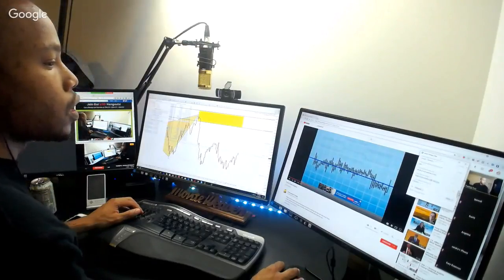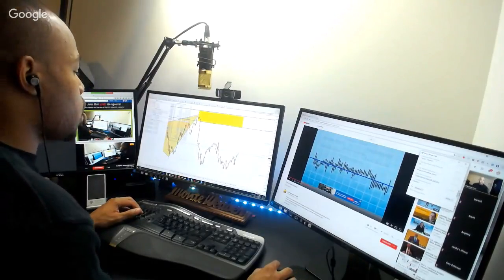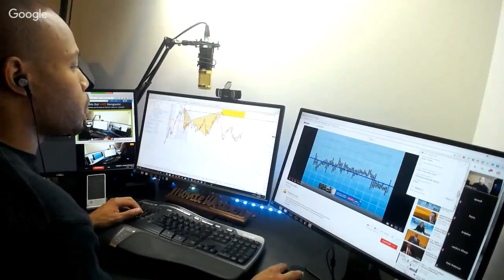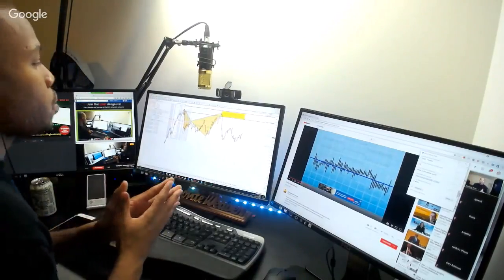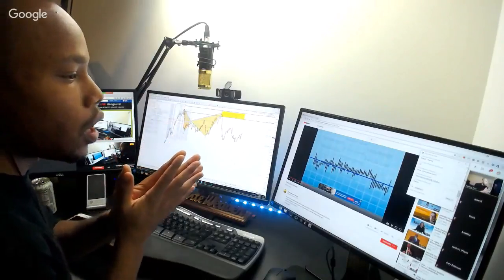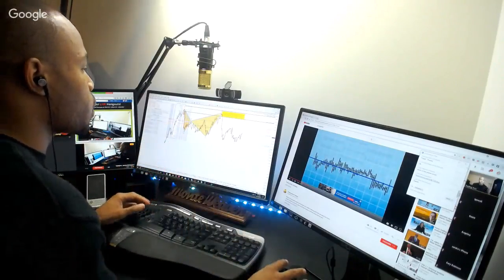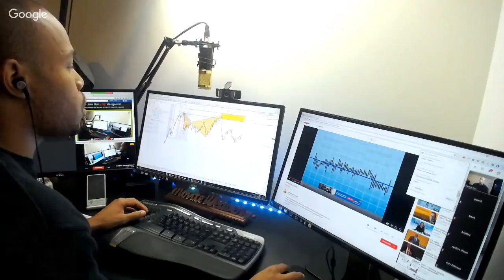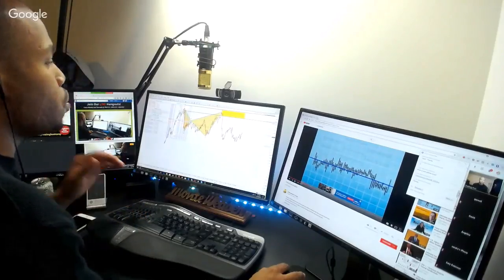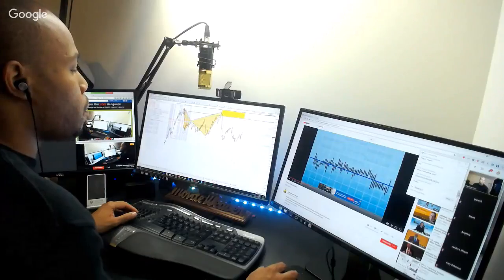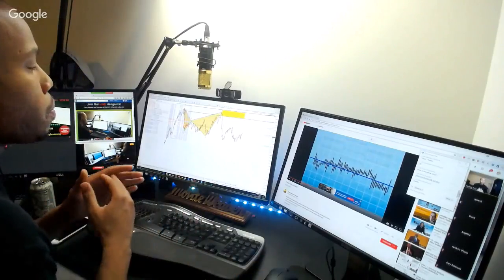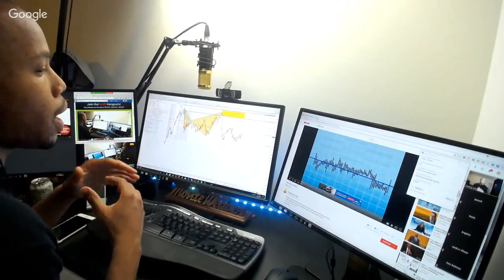Stacey says, what is the yellow zone? So the yellow zone is kind of the pattern completion zone. It's either going to be the buy zone or the sell zone, depending on which direction it is. So it's giving you the two entries, entry 1 or entry 2, because the actual pattern could end in both places and that pattern still